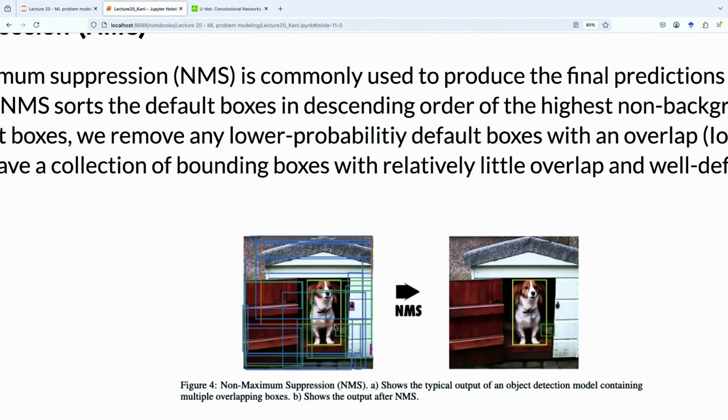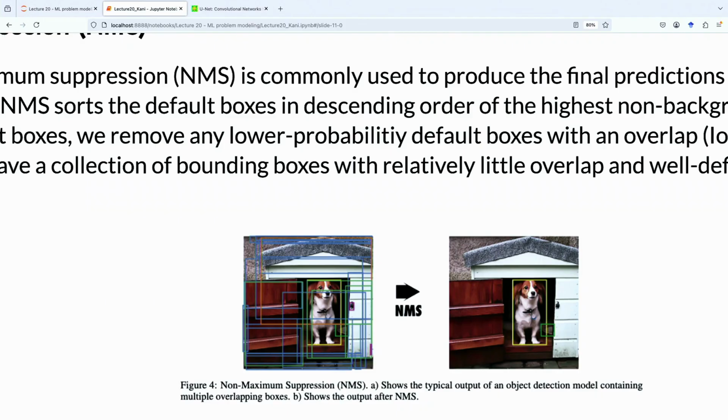So if they have the same class and they're overlapping each other, then they're probably all attempting to bound the same object. So we find the box that has the highest confidence score, then find the boxes overlapping with this box that have the same classification, and just get rid of them. If we do that, it ends up working pretty well.